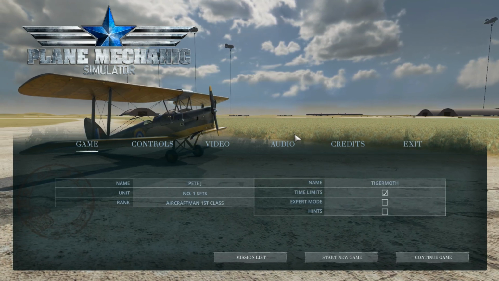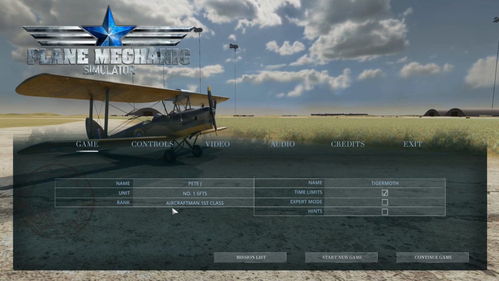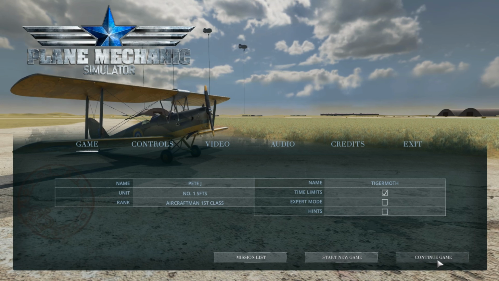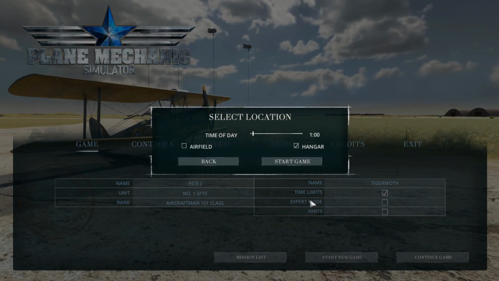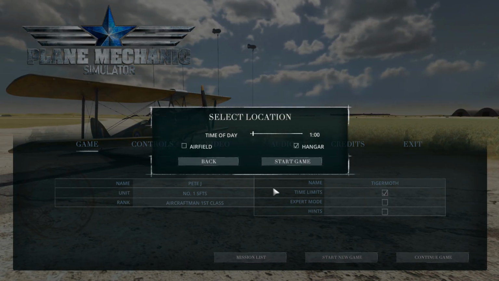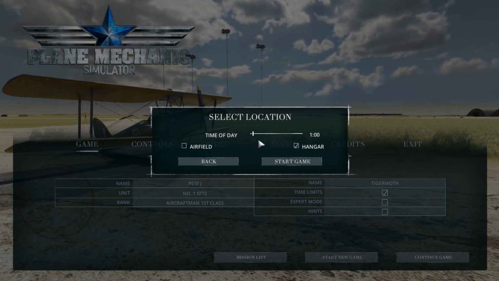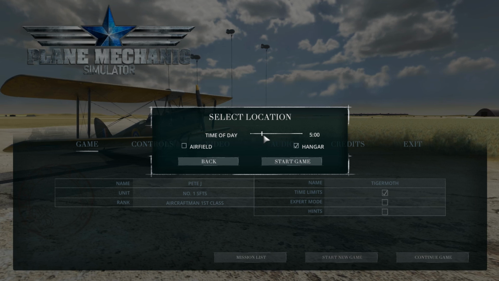game here. As you can see, we've ranked up to aircraftman first class. We're still working on the Tiger Moth. We're going to continue our game. Last time, I believe we were at 1 a.m. in the hangar. Oh yeah, it's right here, 1 a.m. in the hangar. So I think we're going to do 1300